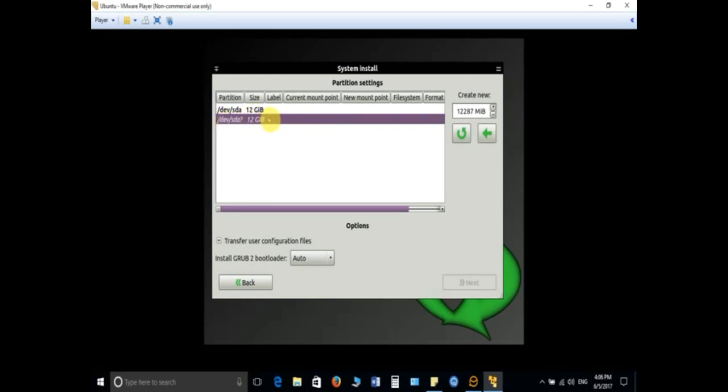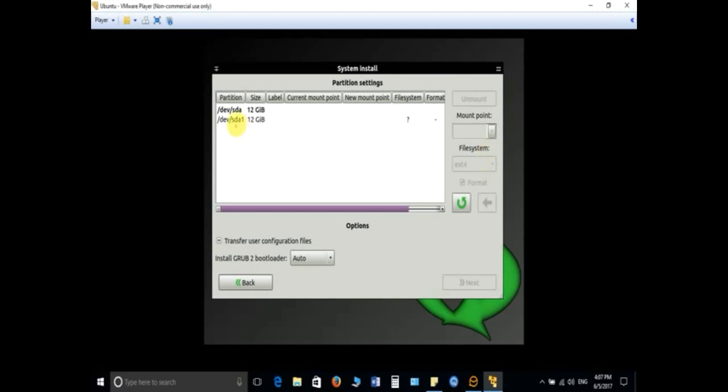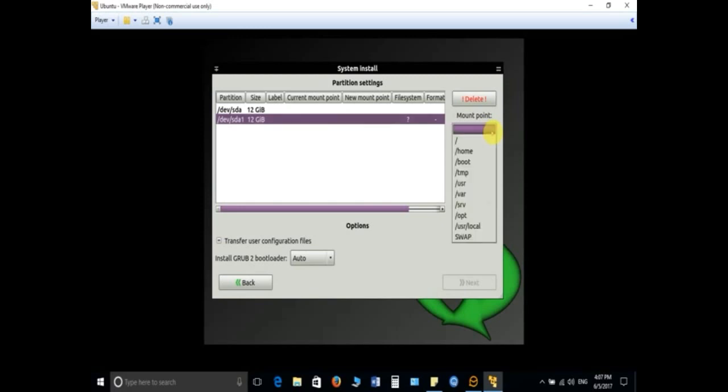So I'll select this option and hit the back arrow key. The moment I hit the back arrow key, it will show the structure like this. Now again I have to select this option and choose the mount point. This is very important while installing the Linux. Be careful while installing, because if it is not selected properly, it will not allow you to install the proper Linux. So I'm going to choose the mount point. These are all different mount points, and I have to take the root, the first one, the /, and the file system.